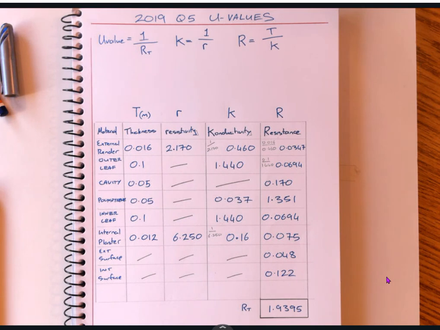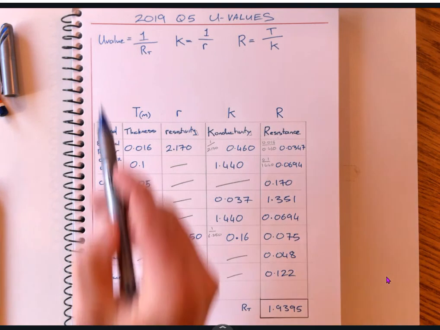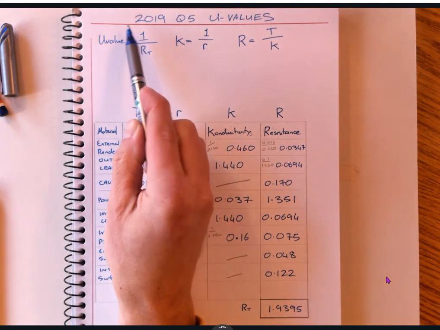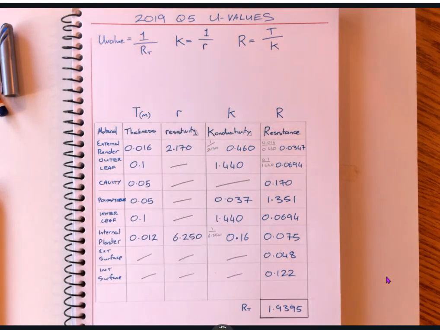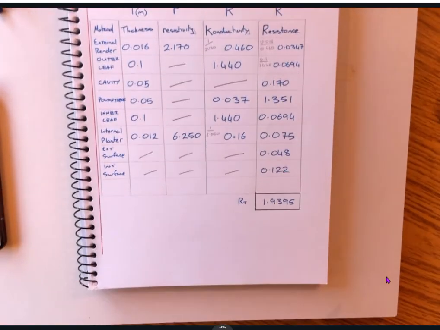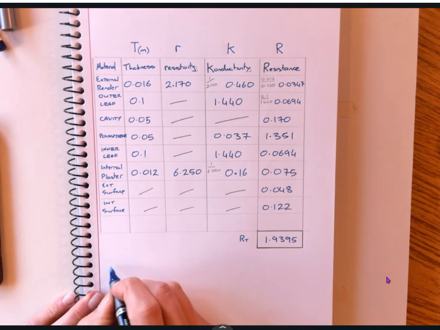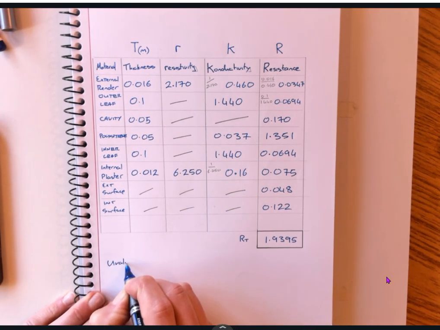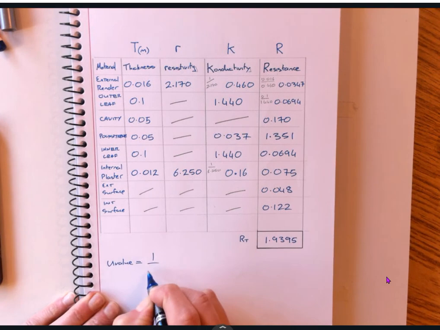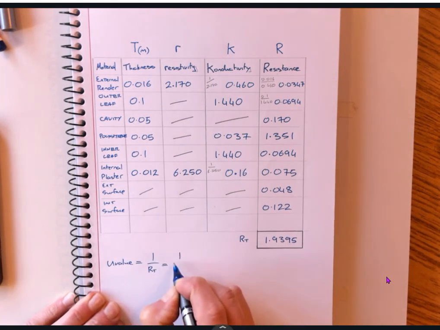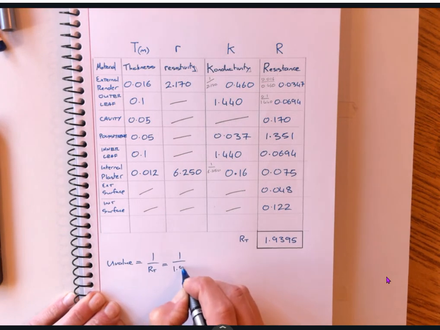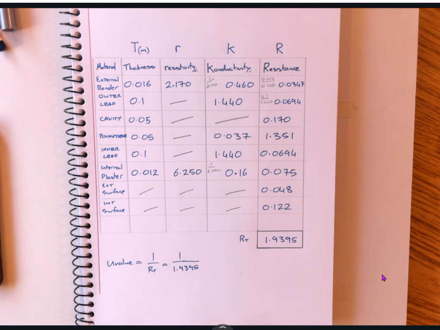I need to convert that to what's called our U value. Back to the formulas that we started off with, our U value is 1 divided by total resistance. So if I come down a little bit, U value equals 1 divided by RT, which equals 1 divided by 1.9395, and we work that out in the calculator. And that comes out to be